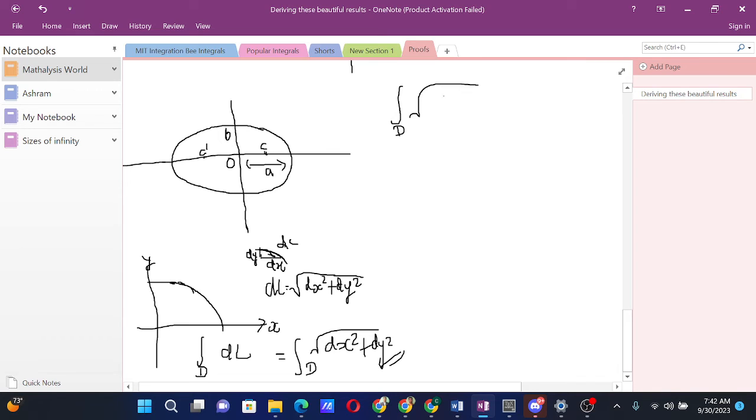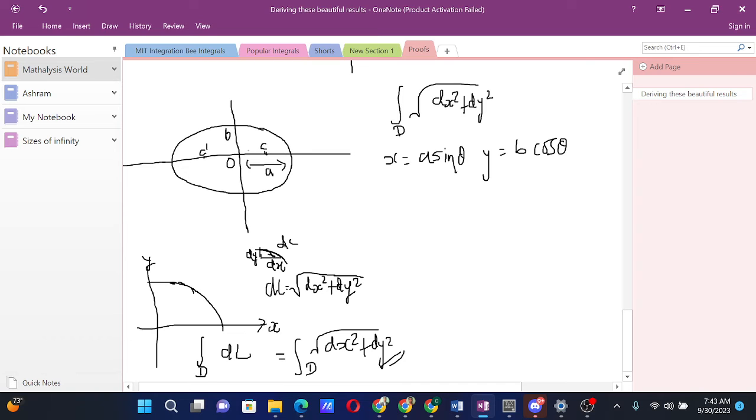Now we can use the parameterization to simplify things. We know that x equals a sin theta and y equals b cos theta. Now we get this curve when theta runs from